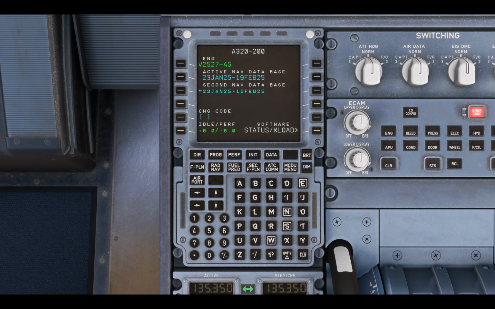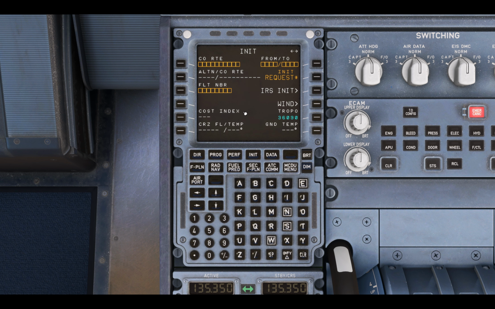So first things first, we already powered up the aircraft and received delivery clearance. Once our aircraft is powered, you will see the Init page, which is right here. And this is where you can input your departure and arrival airports. For our flight today, we will be flying from Miami International Airport to John F. Kennedy. So in this case, you're gonna enter on this section